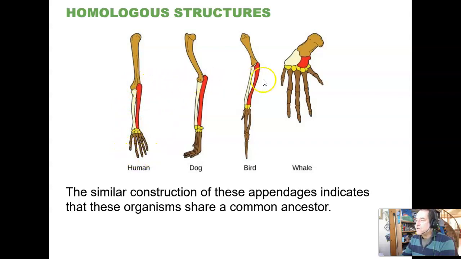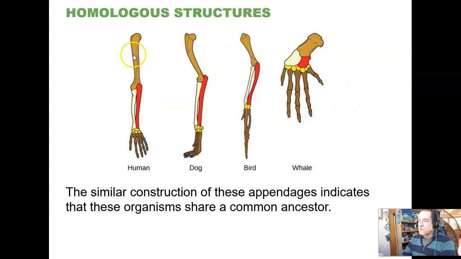So here's the forelimb of 4 different vertebrates right here, and they're not all mammals, but they're 4 different vertebrates. And these are part of the argument that all vertebrates are descended from a common ancestor, because if you look at their forelimb, the front limb or the upper limb in the case of something that walks upright, we see that they have this pattern, and the rear limbs have a very similar pattern. Big bone, 2 bones, pile of little bones, and then a set of rays, most typically 5 or some reduced number from 5 of these multi-bone final pieces right here. But 1 bone, 2 bones, a pile of little bones, and then these rays show up over and over again.